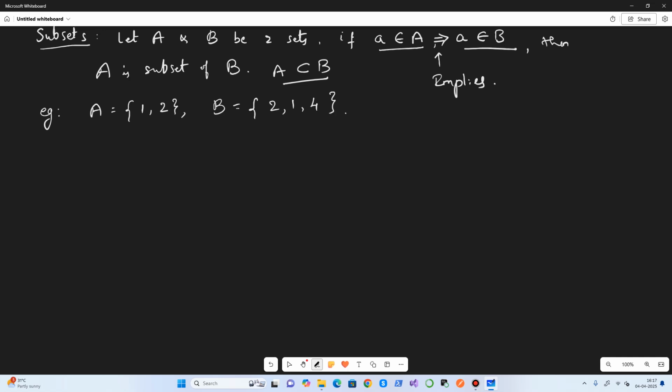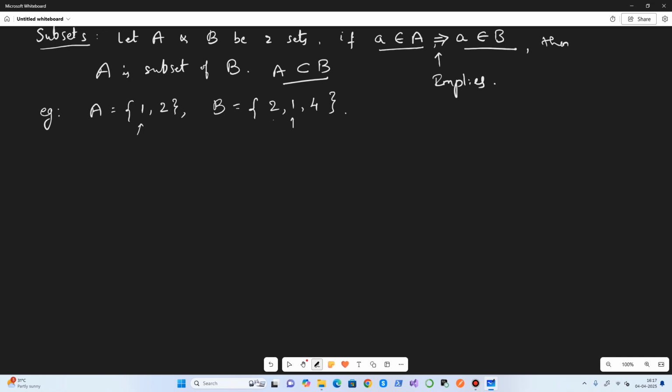So here we can see that each element of A, say 1, is present in B, and 2 is also present in B, right?